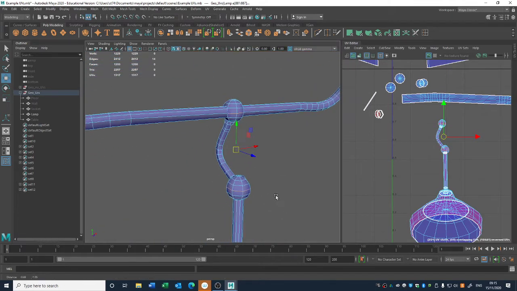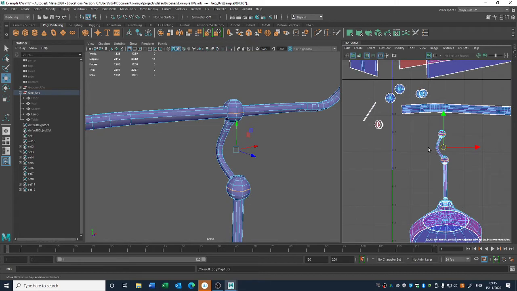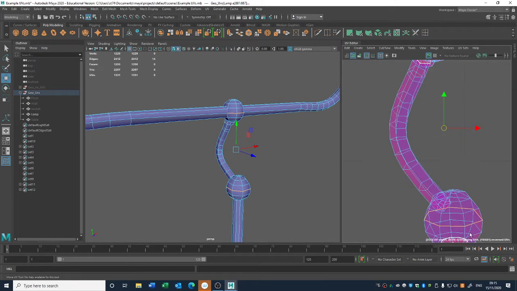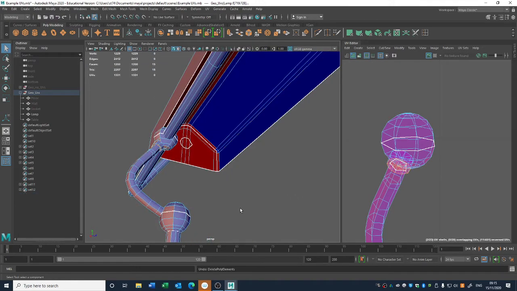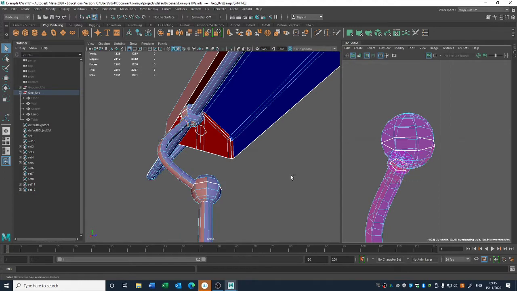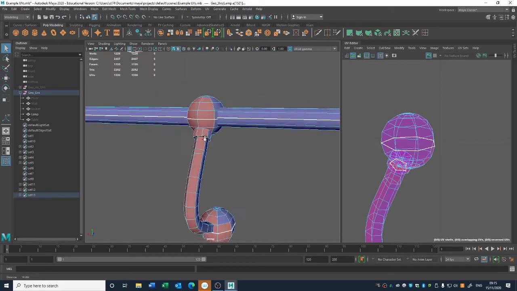When we get to the bottom, it's going to be a different story, but let's just cut these. I believe, oh, we have a few vertices. You can work directly from the UV editor as well. You don't always have to, oops. I made a mistake there. Okay, let's delete the other one at least, the one at the bottom. And this one here,